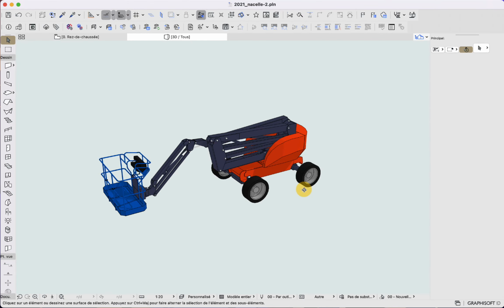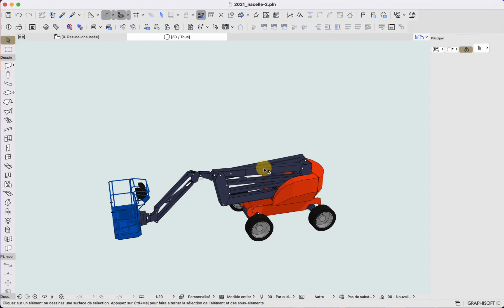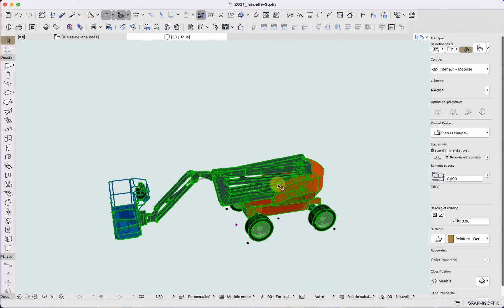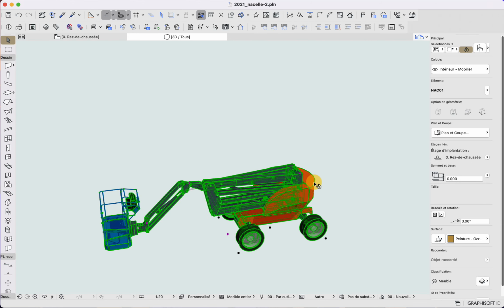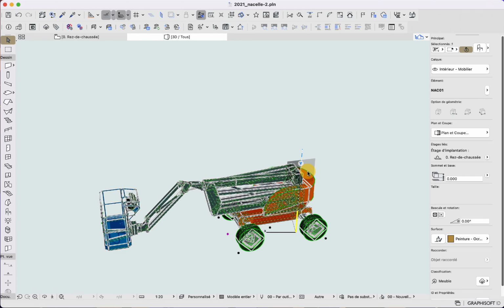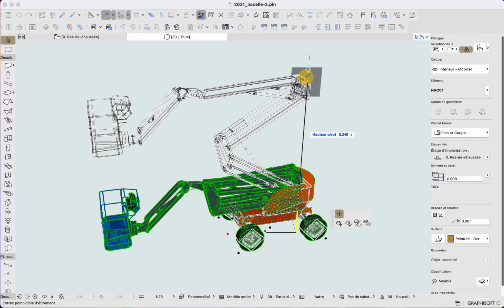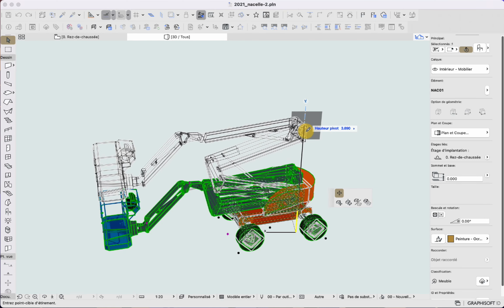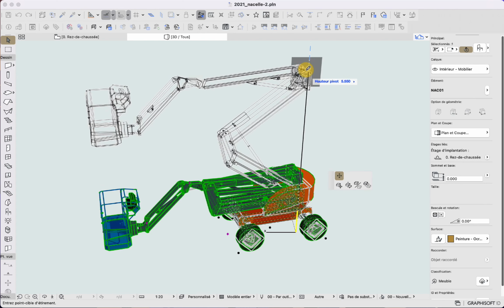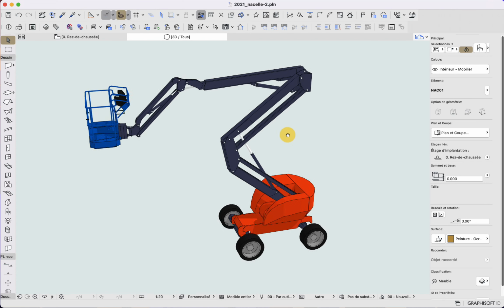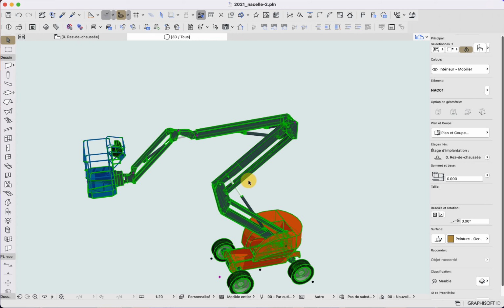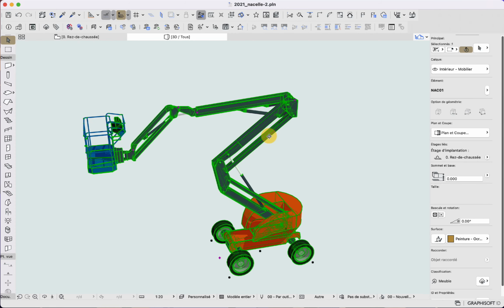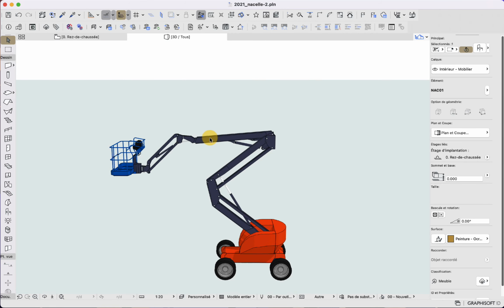For this subject, the real challenge was all the trigonometry because the arm is fully deployable. If I use the dynamic hotspot here, we can see that we have the full kinematics of the arm, created accurately to the reality of that product.